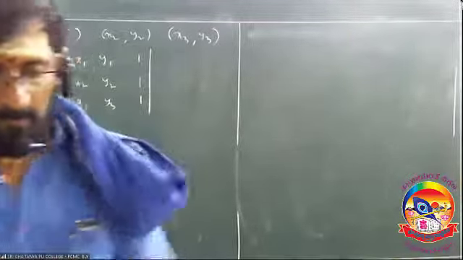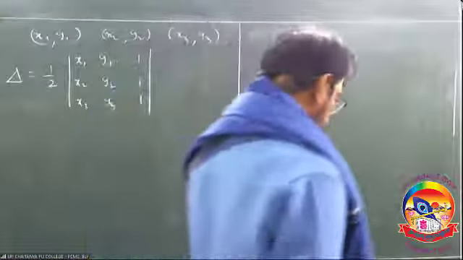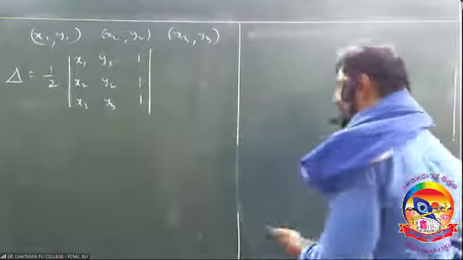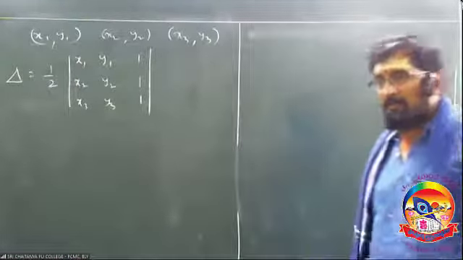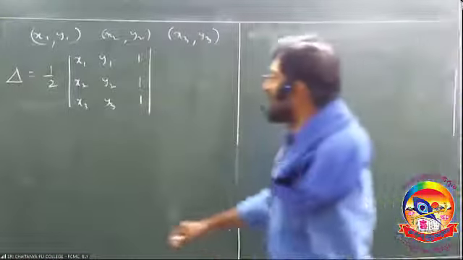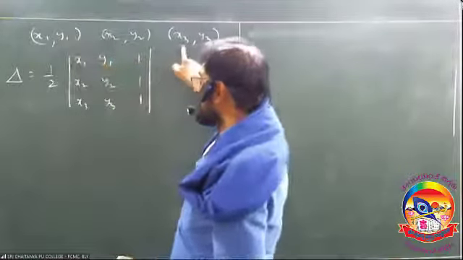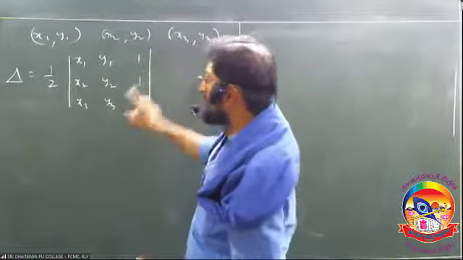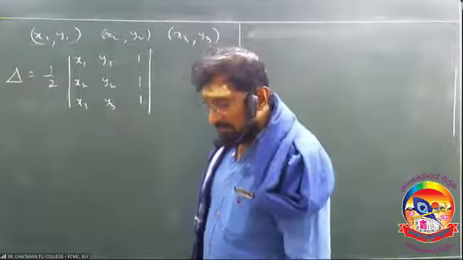Okay. Now write down, find the problems on this one. You should use only this formula. There is no concept hidden here, just only the formula. By using determinant, we are going to find the area of the triangle formed by these vertices using this determinant method. Write down. Find the area of triangle.